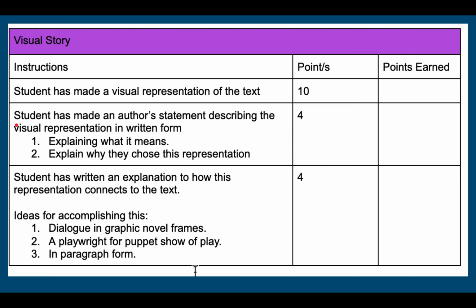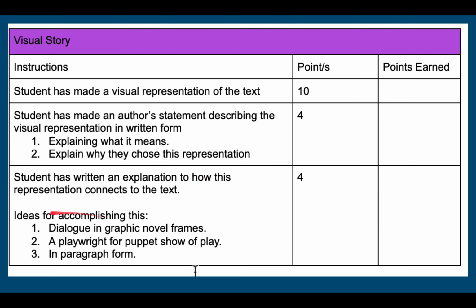The other points that you're going to be able to receive: you made an author statement describing that visual representation in written form. That's going to be that paragraph on why you chose it to look this way and what it means, right? So you're going to explain what it means and why you chose this way to represent our text. And then the last thing you're going to do is write an explanation of how this representation